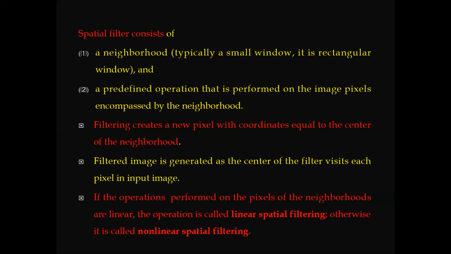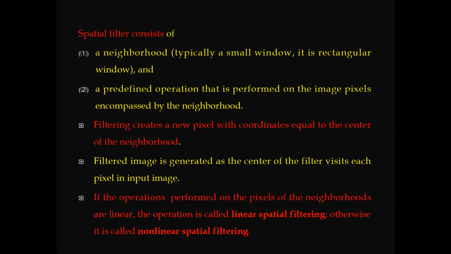That means, for the area covered by the neighborhood, based on the predefined operation, we compute a value, and that value is the filtered value, which is placed at the location of the center of the neighborhood.